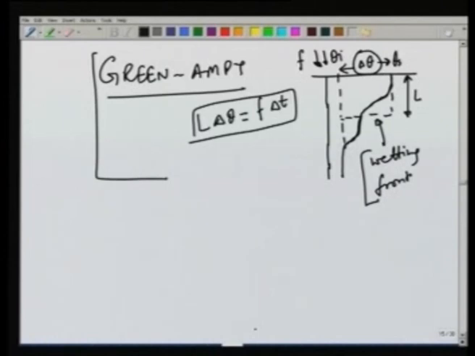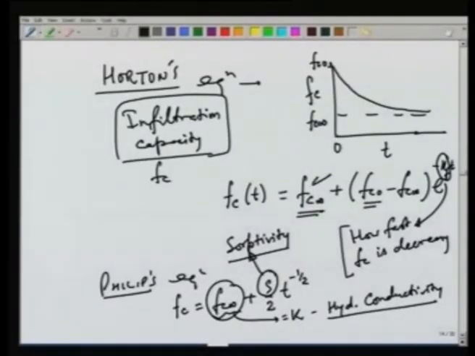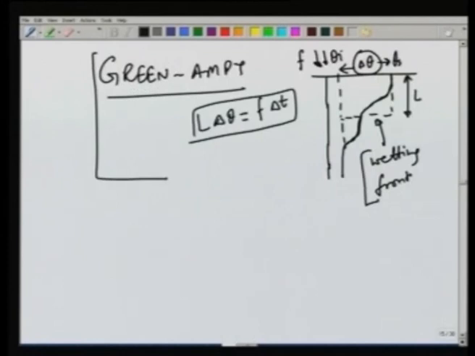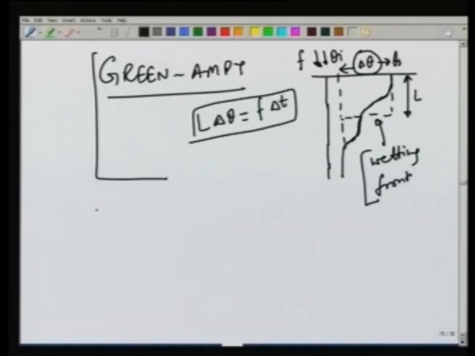The only problem is that the parameters are difficult to estimate. For example, in Horton's we need to estimate 1, 2 and 3. So, these 3 parameters need to be estimated. Similarly, in Phillips also sorptivity and hydraulic conductivity have to be estimated, and estimation of these may not be very easy. So, a number of times some simplifying assumptions have been made. One of the assumptions uses infiltration indices,